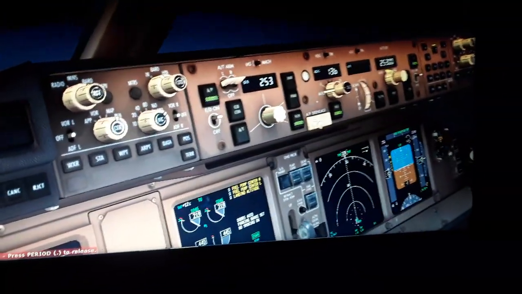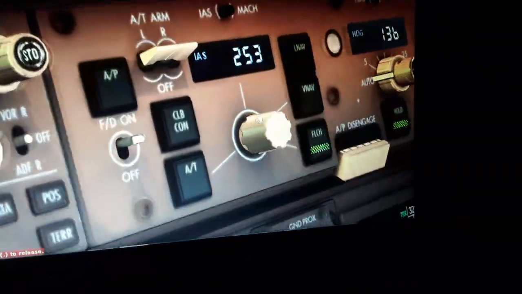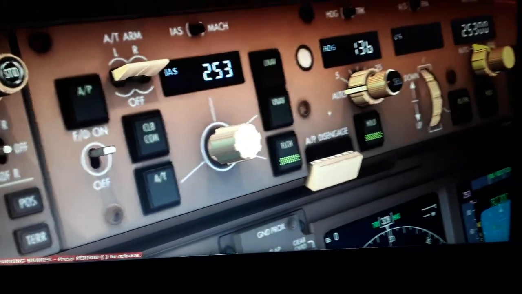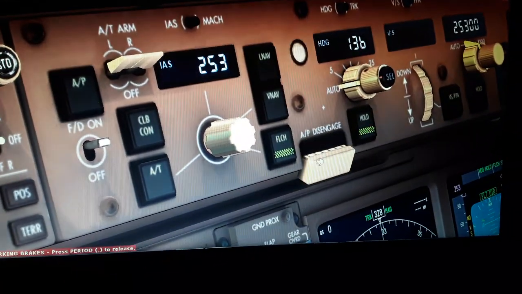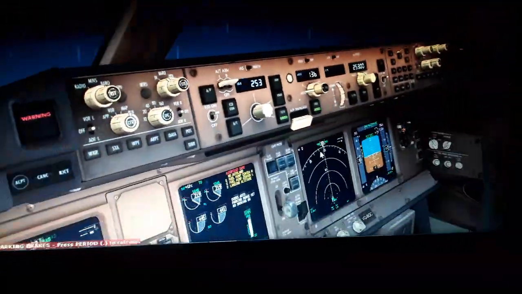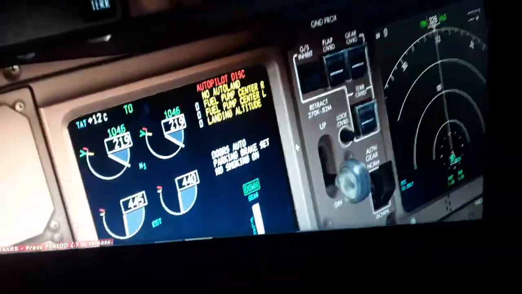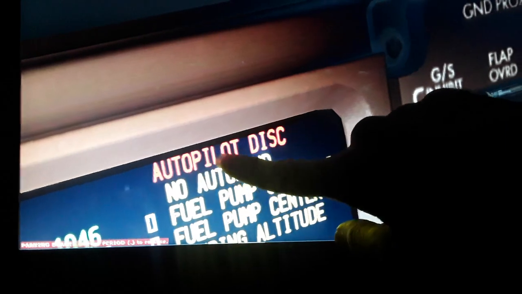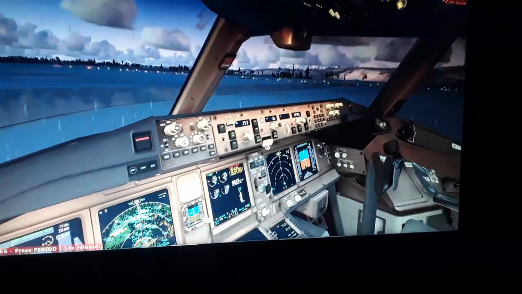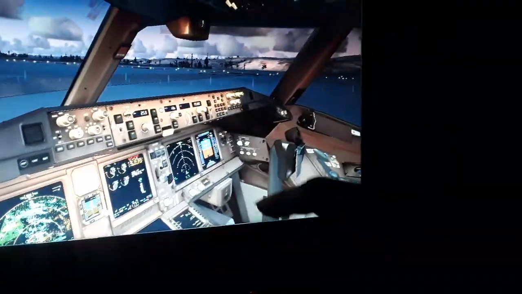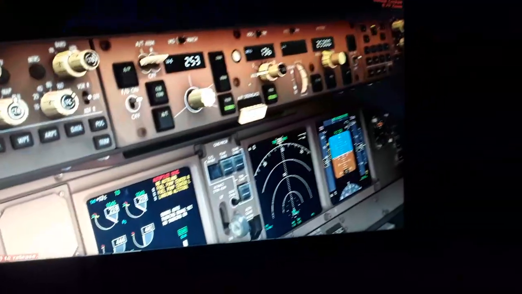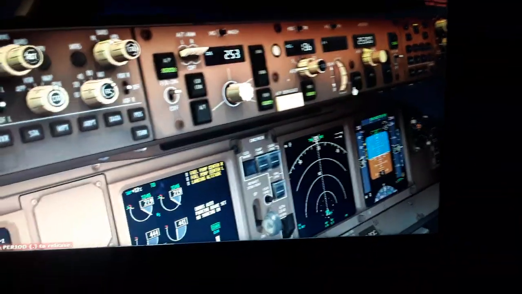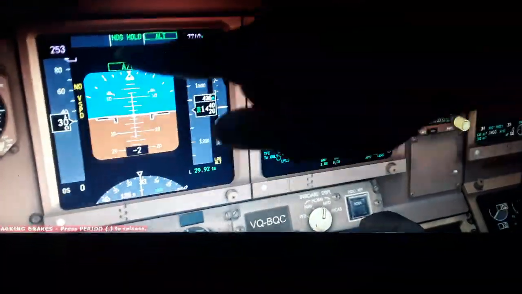We press this switch here, you see, we press this again one more time. So the autopilot is disconnected, you have the warning, and you have the autopilot disconnect in red letters here. So reset again the autopilot on. And we can also use the altitude here, altitude with the heading hold,